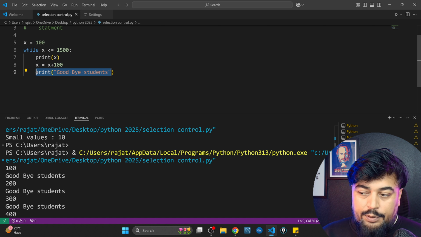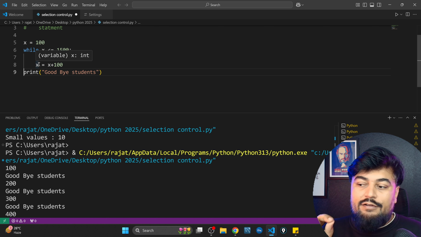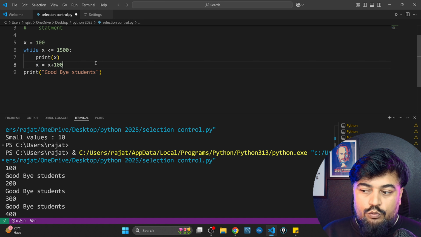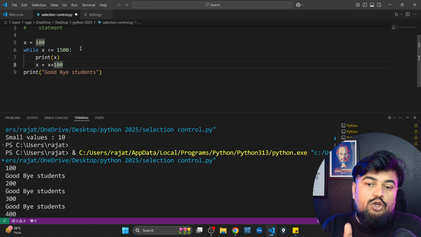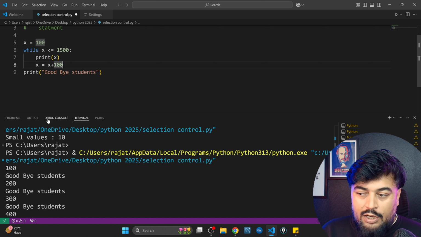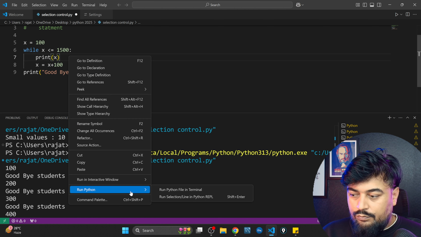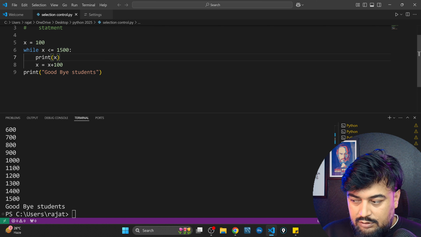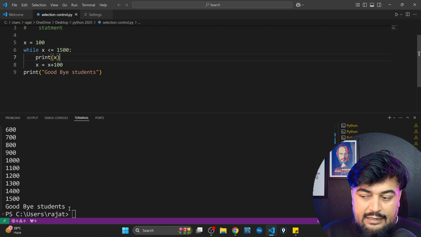So if you want to print this goodbye statement only once, you have to place it outside the while. Because this was inside the while statement, every time the increment was happening, it was printing the same message. But in a real-world scenario, what you want to do is increment the value up to a stage, and in the last, when that meets the condition, you want the loop to exit. Now if you see, after every value we have goodbye students. Now when I run this code, you can see all the values are printed. The output is coming from here, like it started from 100, it's going till 1500, and in the last